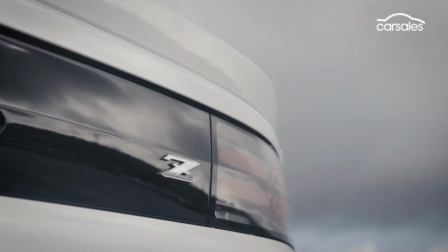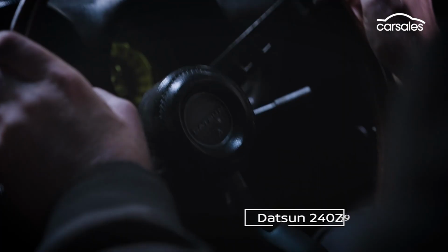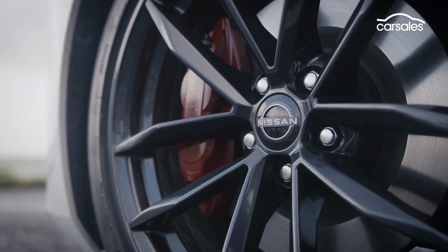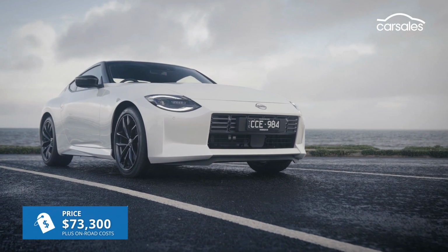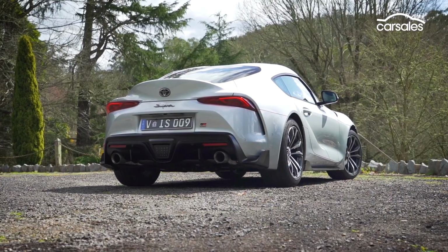This is the 7th generation Nissan Z car. The first, the 240Z, launched back in 1969. Here we're driving the Z Coupe, the only full-time member of the Aussie range. It's priced from $73,300, undercutting its prime competitor, the Toyota GR Supra, by about